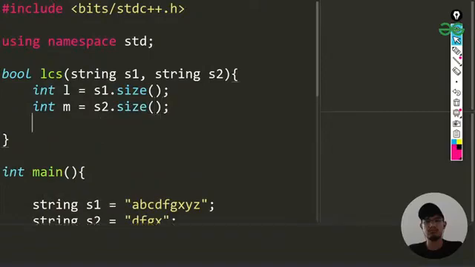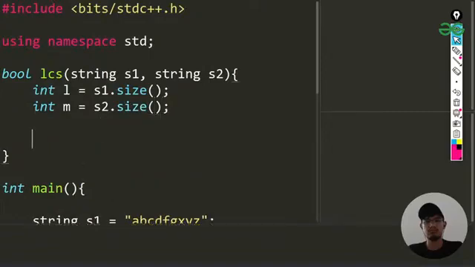So this is done. Once we are doing that, we are making a dp array. So I'll be considering dp of l plus 1. Why l plus 1? Because we want the first row to be zeros and the first column to be zeros. So here m plus 1 is there, l plus 1 is there.